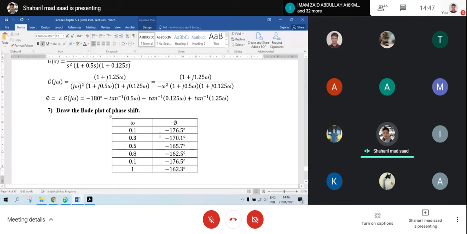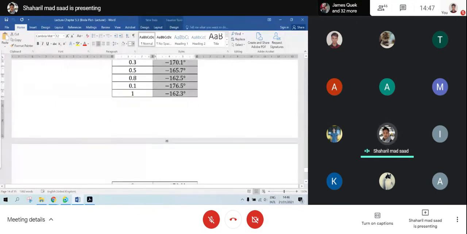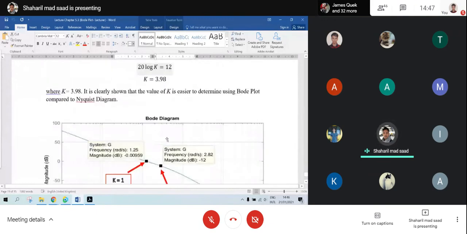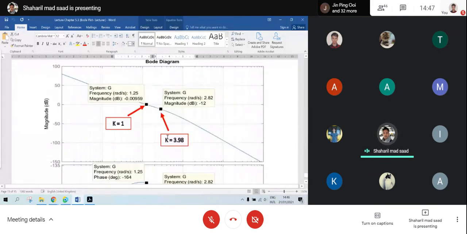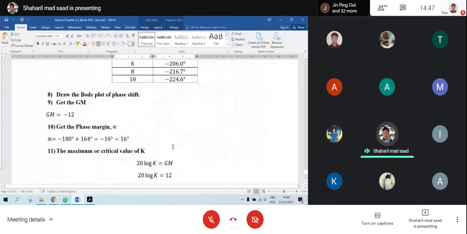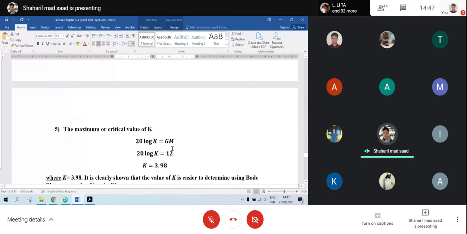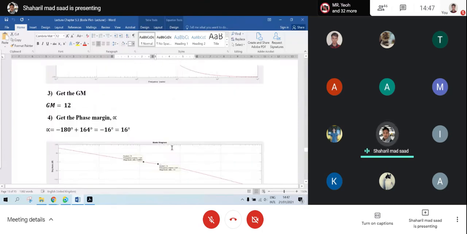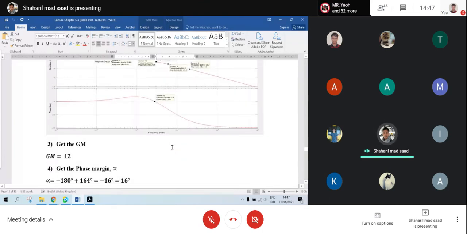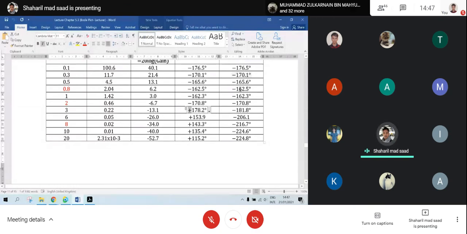Next one. If you want to use the second method, you need to find the phase shift also, based on what we have found before. Then from that one, you can find the gain margin and the phase margin. The question 4, I think, is straightforward. You can do it and you can score a full mark on that. But bear in mind, do not be careless. If you got it positive, make sure you minus 360 degrees, so that you can get all the negative values.